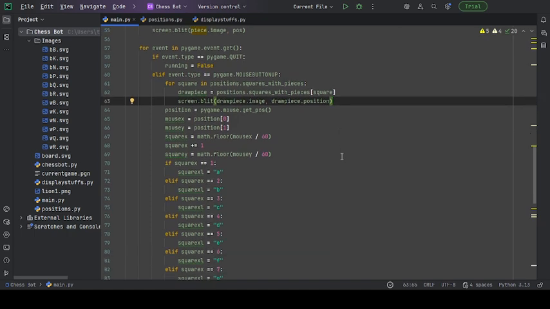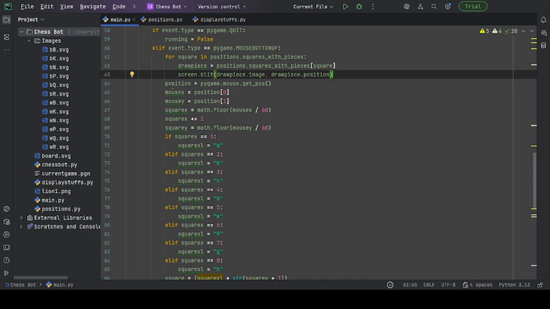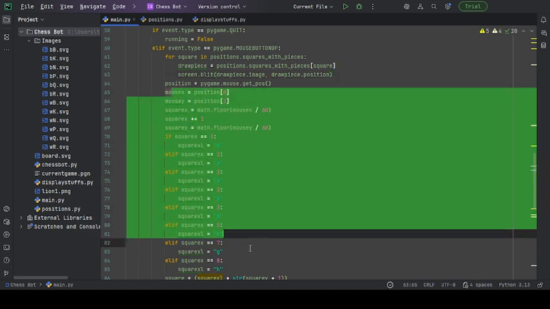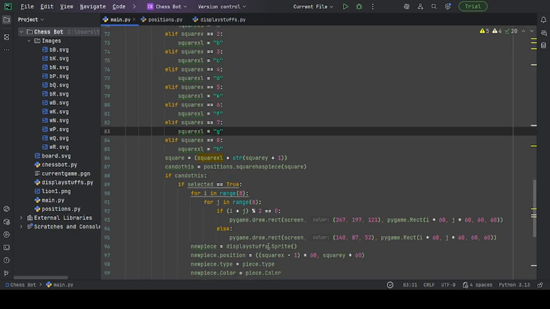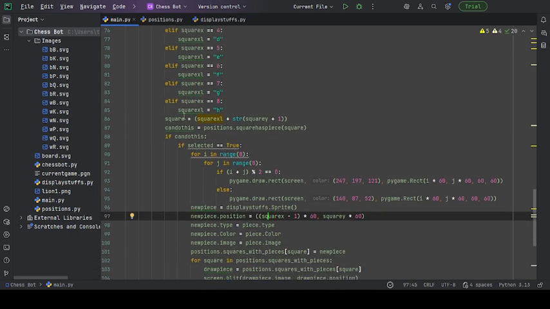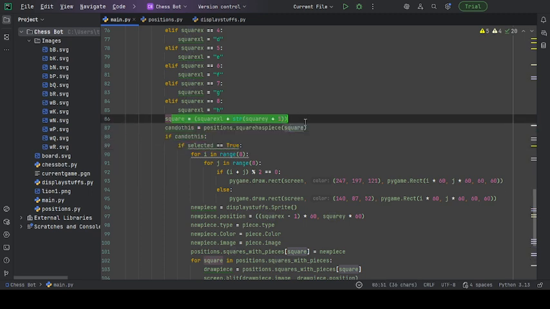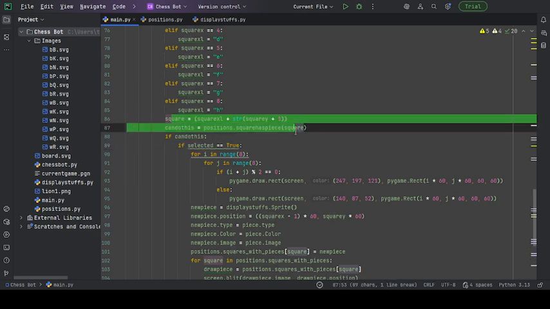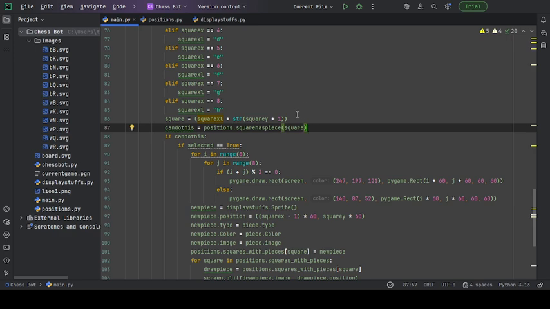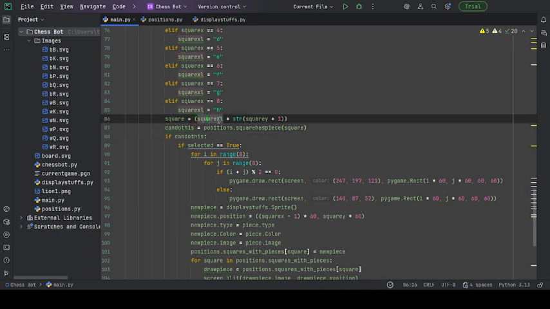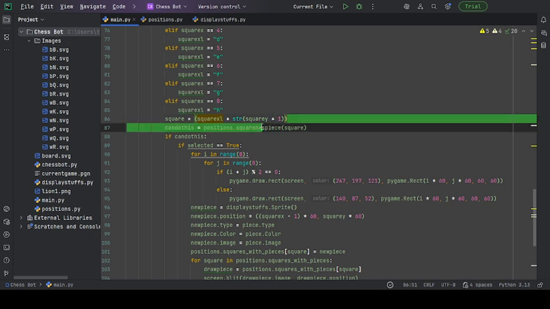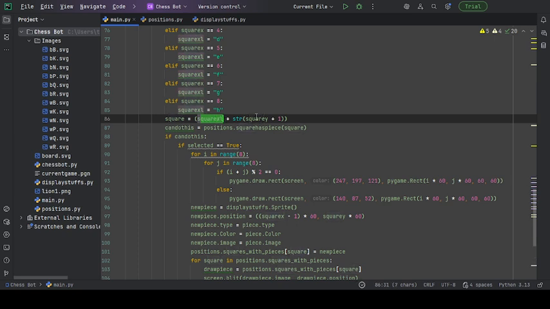Then we get the square that the mouse is at and set it. Okay, and then yep, so we get the square, we get the letter of the square, and then concatenate it with the number, so the rank and the file. I believe it's that way around. Okay, then we check if we can